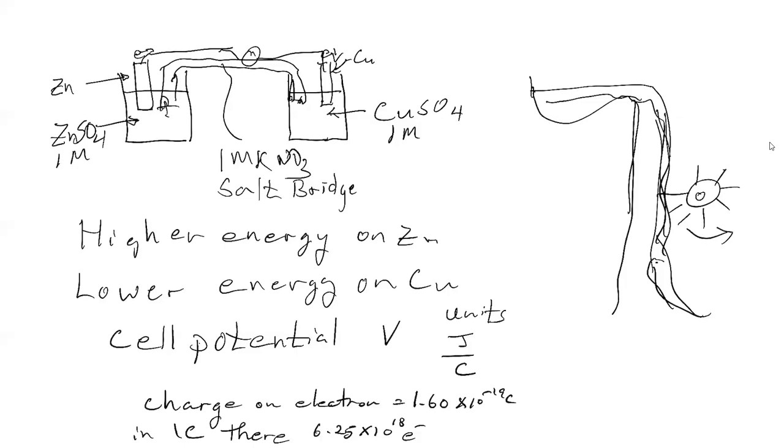And I always remember which one goes together because anode and oxidation start with vowels and cathode and reduction start with consonants. So what we can do is my overall cell potential for this is 1.10 volts, and I can